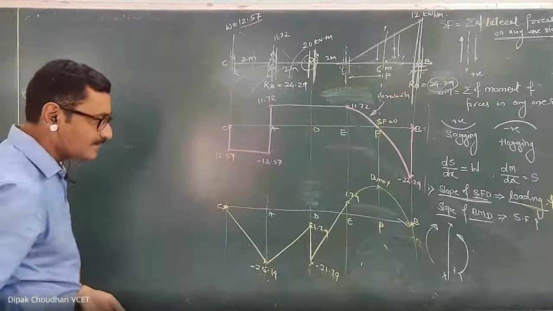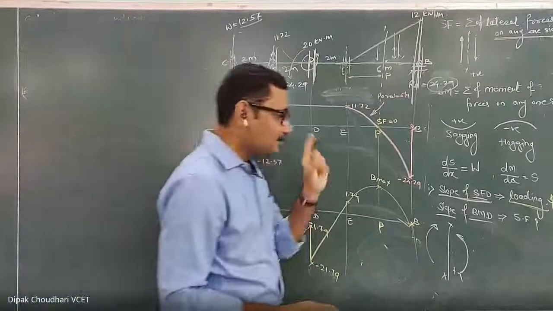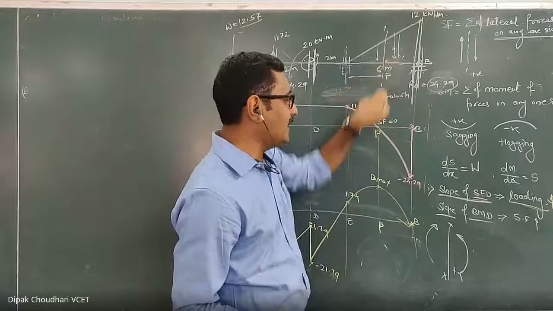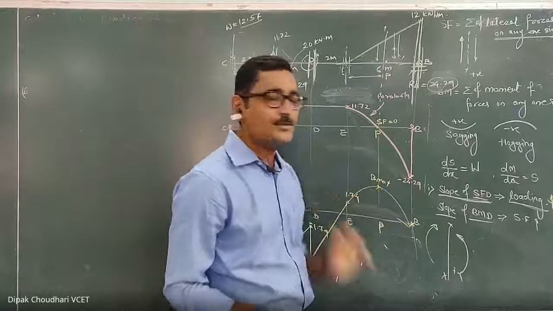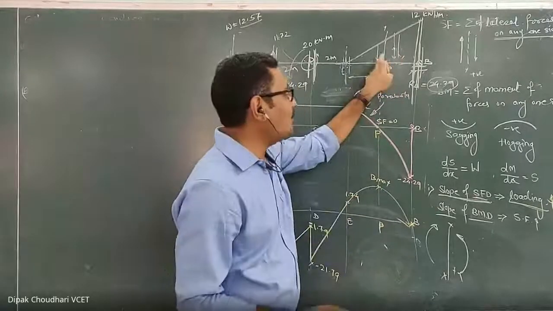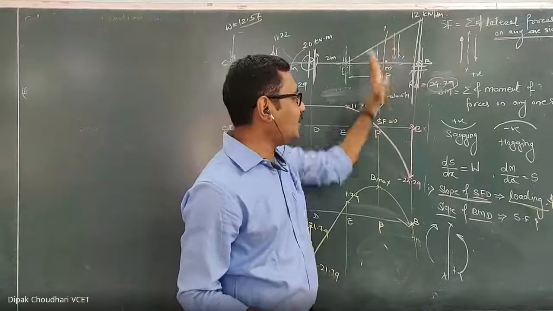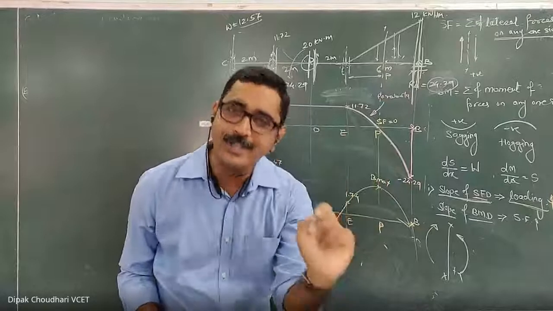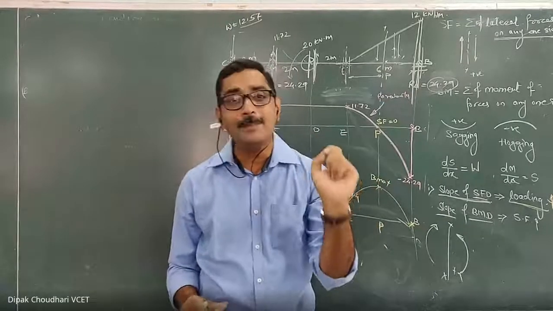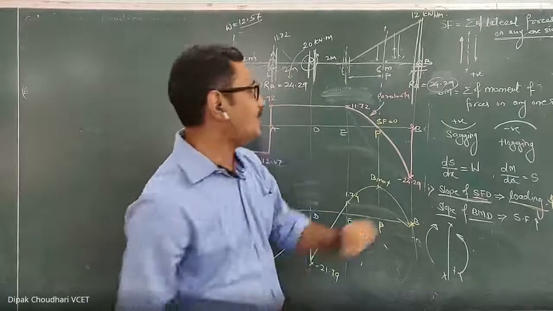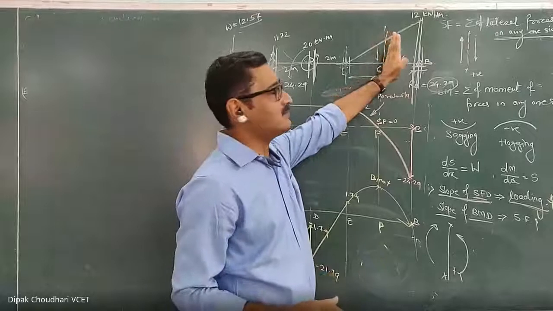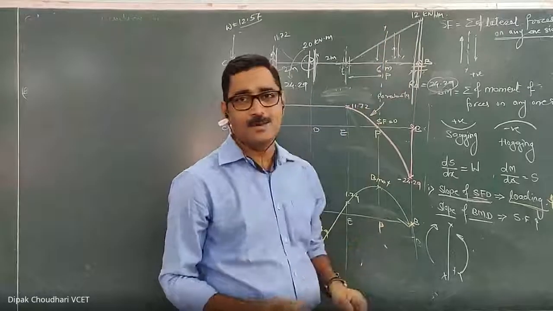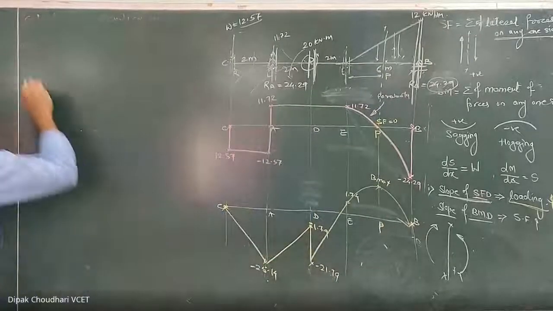Listen. So is that clear? First, did you understand why I need to calculate the position of this point P where the bending moment is maximum and the shear force is 0? Because without knowing the position of that point P, I cannot calculate the maximum bending moment. So first I have to locate the point where the bending moment is maximum. Okay, so let's first calculate that position where the shear force is 0. So what am I going to do first?